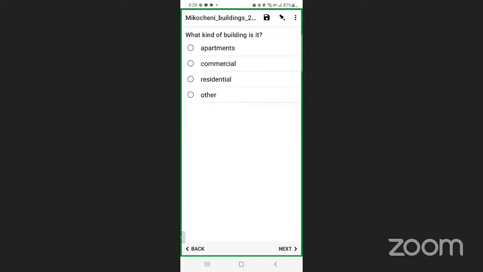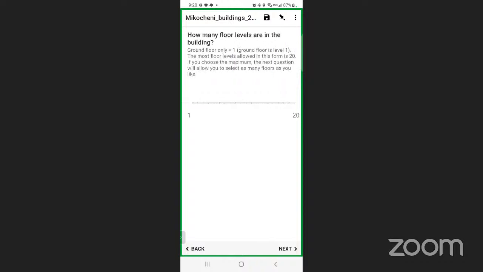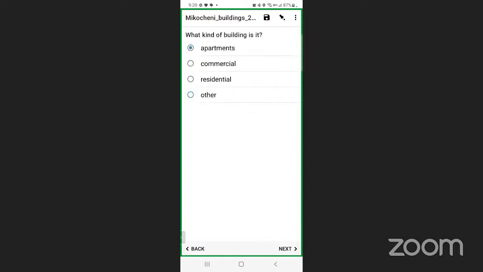Okay, well, maybe it's one of those things. And this is what's called a radio button, in the sense that, probably none of you remember this because it's quite old, but in the old days, you'd have radios where if you push one button, it unpushes all the other ones. So if I choose apartments, then I'll get to the next question. How many floors is it? But if I choose other,